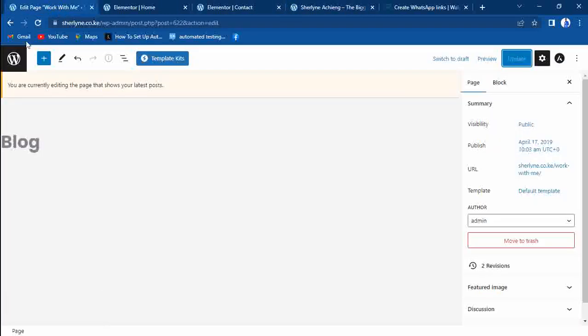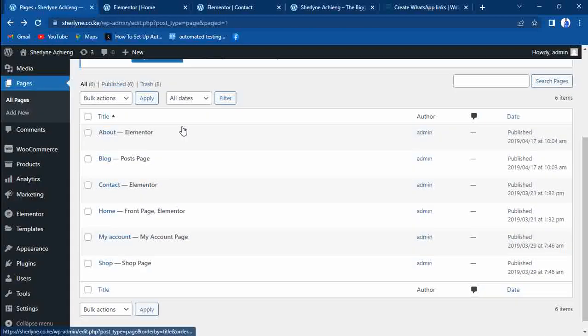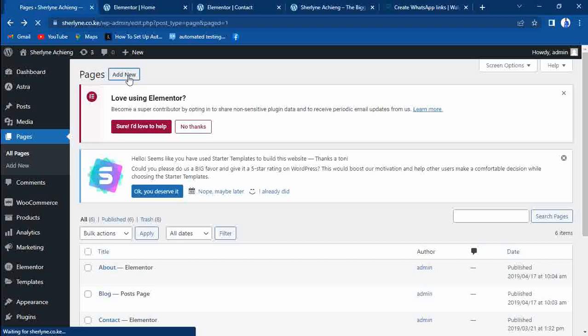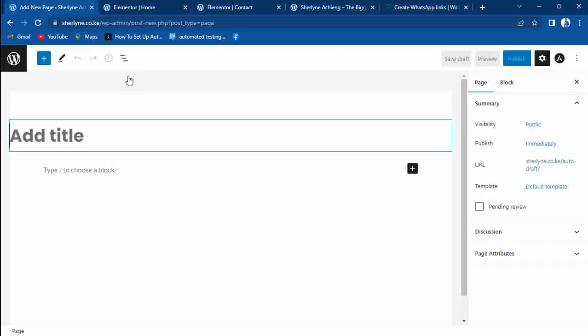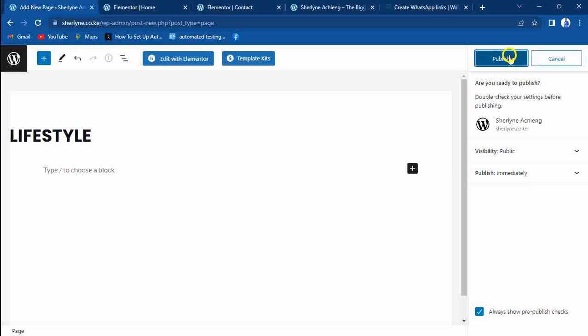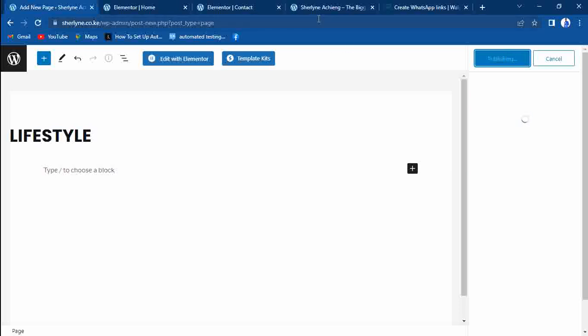Then the next thing now, let's create a new page from scratch. So we create a page here from scratch. I'll go and click add new. So we add a new page, and then let's say maybe we add a page called lifestyle. So I add that page, then I click publish. So this page I have added, lifestyle,